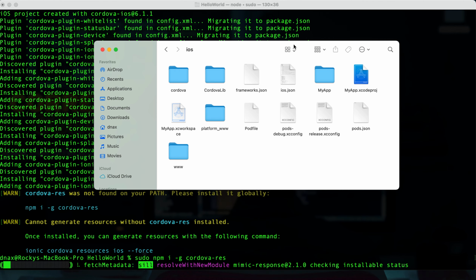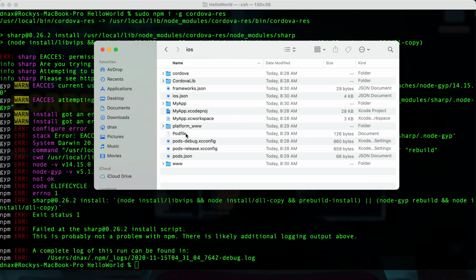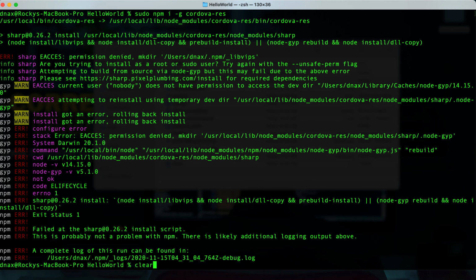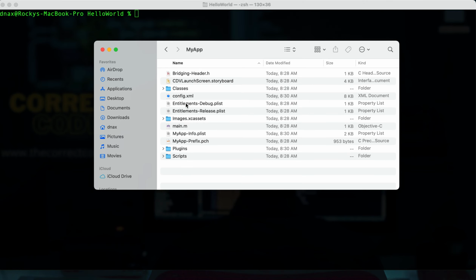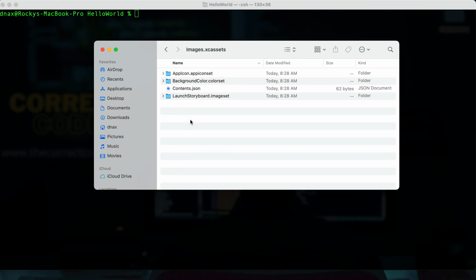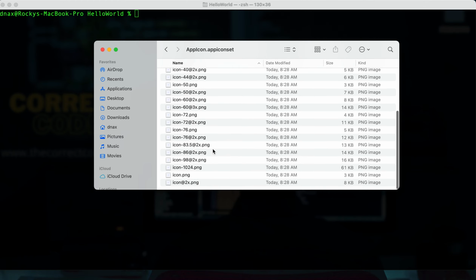See, this is the structure of files that got installed. This is the Cordova library, and this is the app files. Here we have the image assets. These are all images; by default the Ionic image will come.